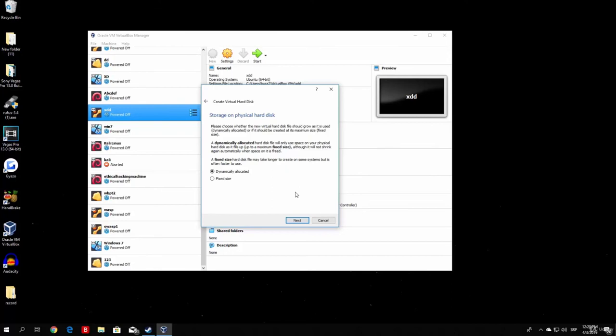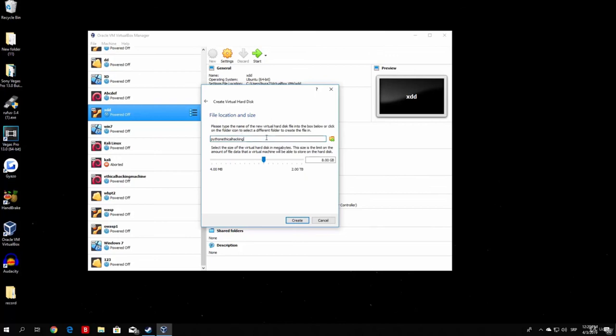Now, with the fixed size, if you for example give 50 gigabytes of your hard disk to this virtual machine, it will already make those 50 gigabytes full. You will not be able to use them or do anything with them unless you delete the virtual machine itself. The dynamically allocated one will however not take any memory right now, but if you actually use it, it can take up to 50 gigabytes. So click Next. I will just leave it on dynamically allocated since it creates it faster,